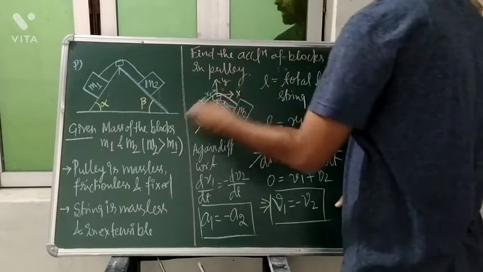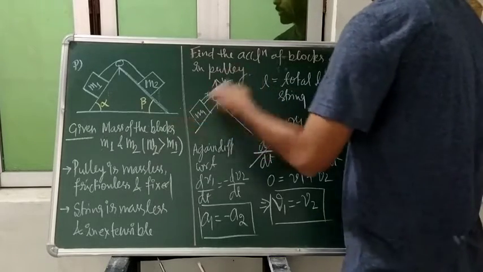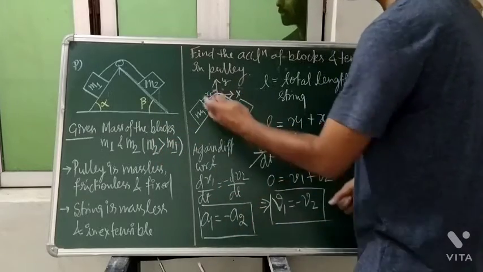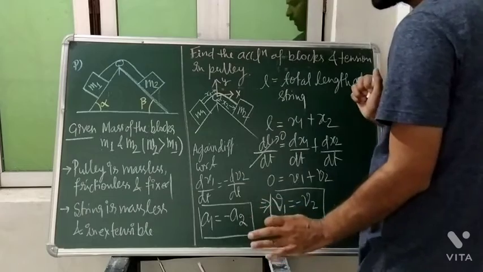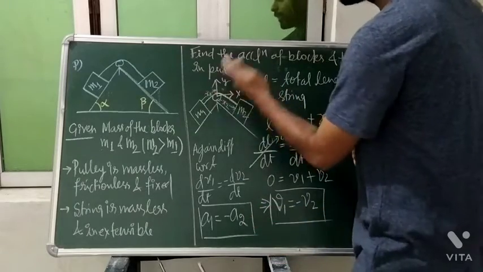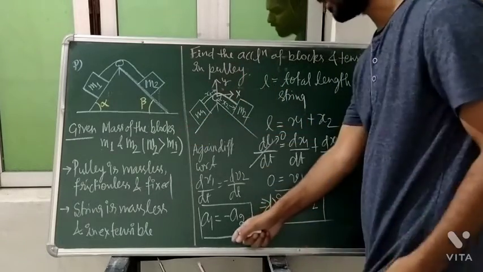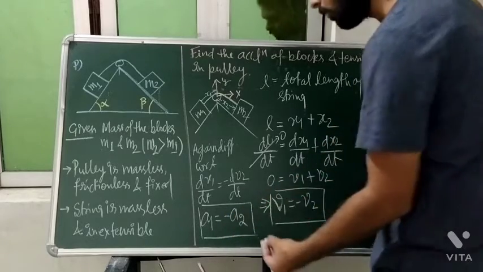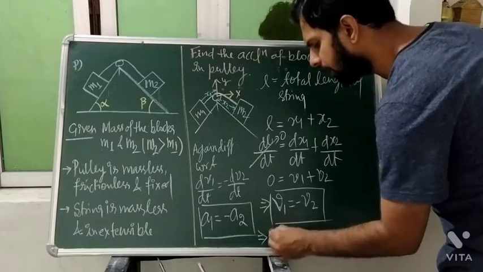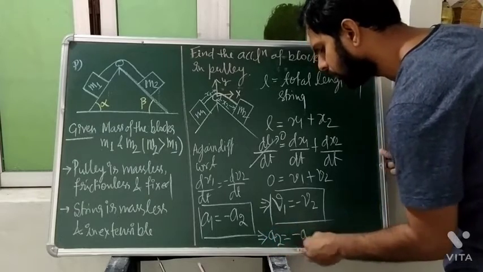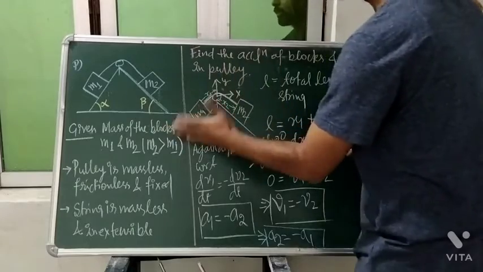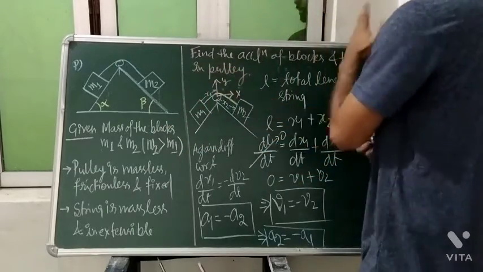Okay, so this side we are representing what? Positive. So the minus side will represent this side. Getting or not? This side we are representing the positive. So minus side, whether you write that a1 is equal to minus a2, or you write that a2 is equal to minus a1, both are the same. This side you are saying positive, so the negative of that will be this side.